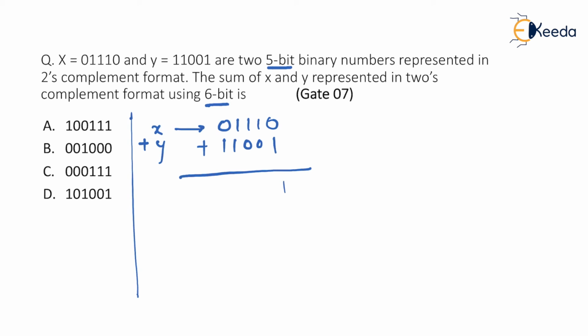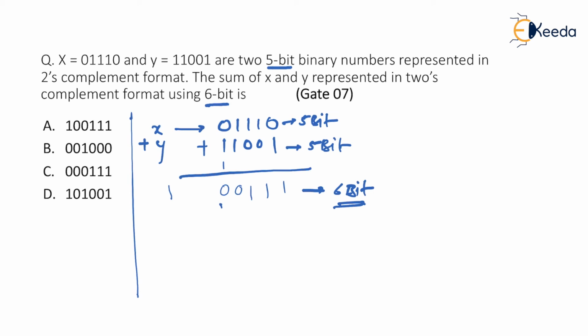0 plus 1 is 1, 1 plus 0 is 1, 1 plus 0 is 1, 1 plus 1, sum 0, carry 1, again 1 plus 1, sum 0, carry 1. I'll tell you, if this was 5 bits, this is also 5 bits, the result has to be 6 bits. Again, it's not a rule. What I'm actually trying to convey is that the question wanted the result in 6 bits in size. So I'll tell you what most of the students will do.